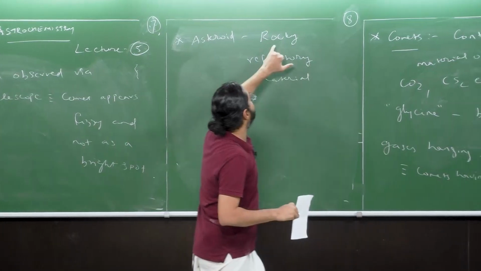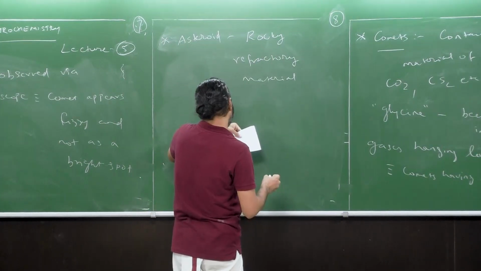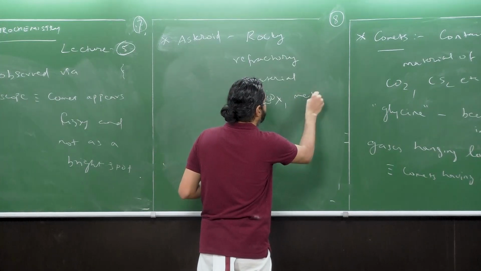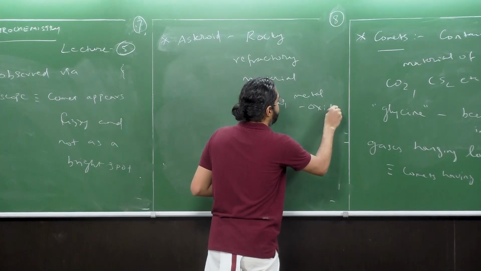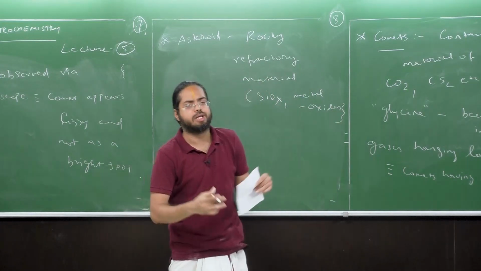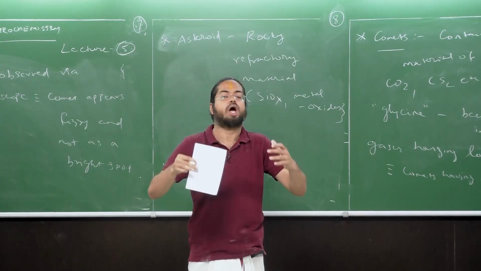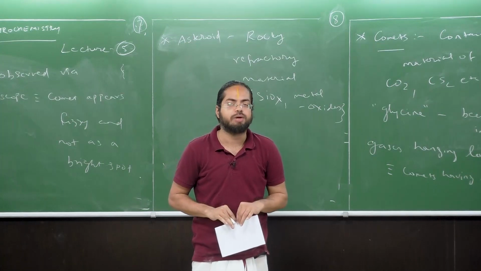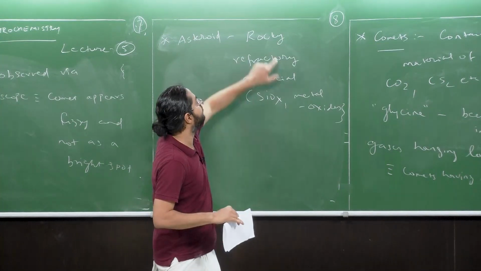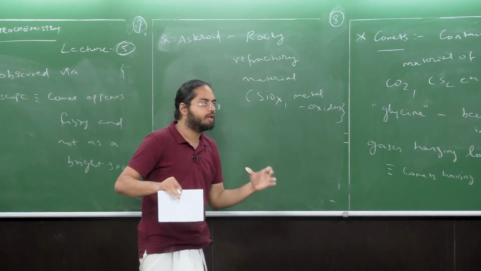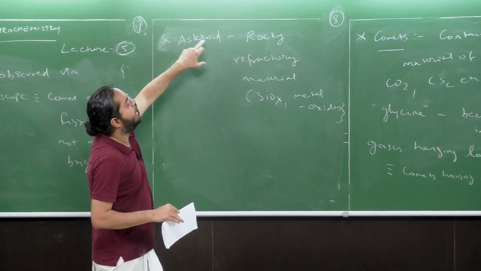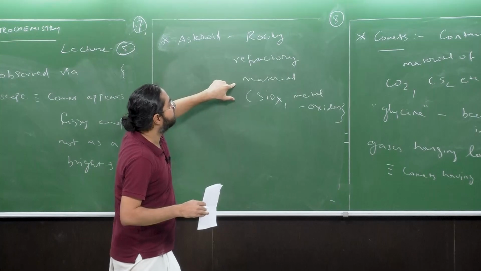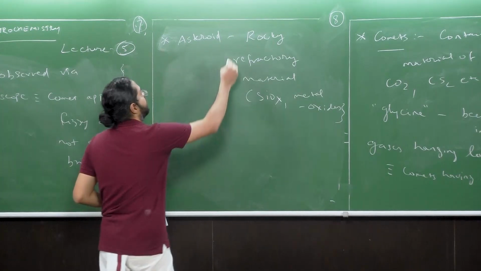But when we talk about inorganics, like silicates and some metal oxides, etc., these can form huge giant ionic solids, or some molecular solids also in some cases, and they are strongly bound via ionic bonding. You get the formation of these rocky refractory materials. They all come together to form what are called asteroids. And the important point to note is that it's not just these rocky refractory materials, but some organic material as well.